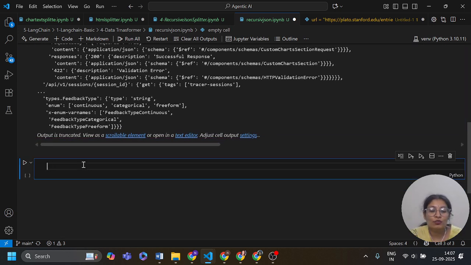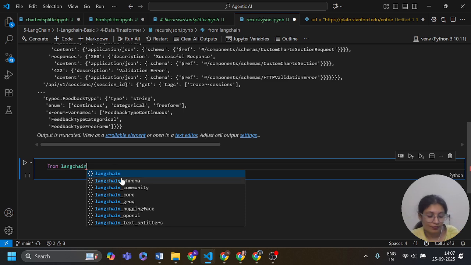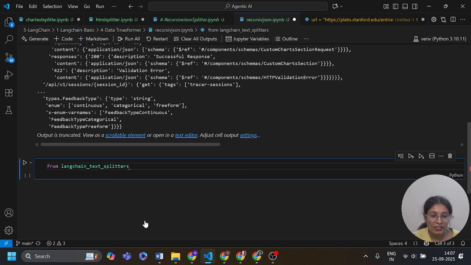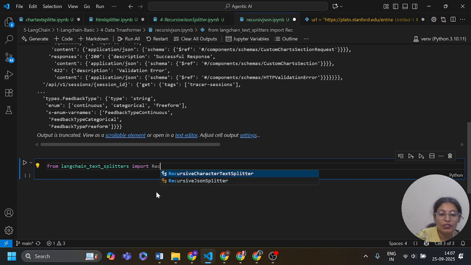What I am going to use is from langchain text splitter import recursive JSON splitter.